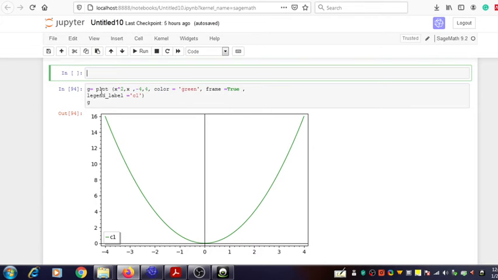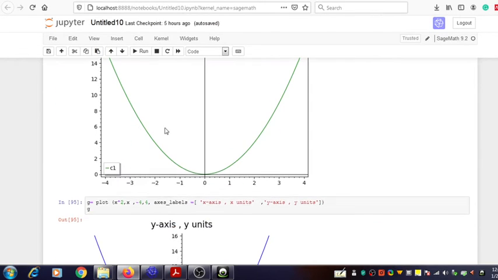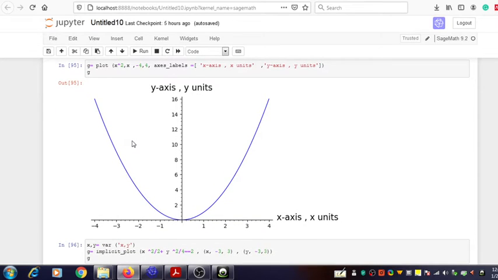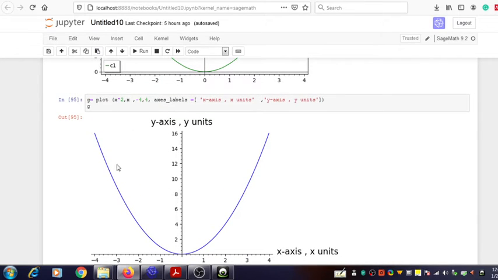So G equal to plot. All the other things are the same, and the additional thing used here is frame equal to true. And when it is implemented, when it is run, then we get the output. And next we try to include